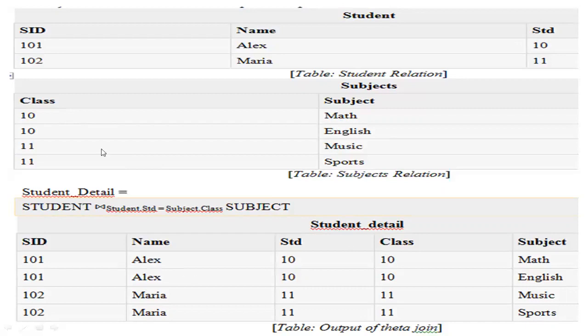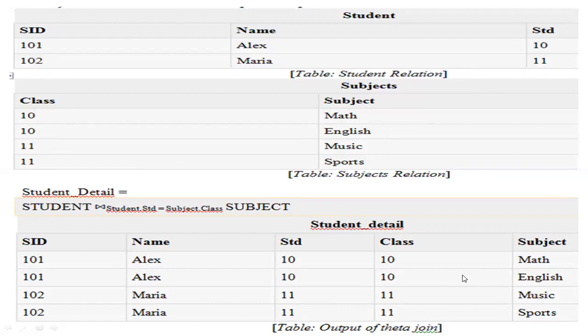Then comes the second record, 102, Maria, and then here 11, right? You are matching with this value, and there are two records in the subject relation with the same value, 11 and 11. That you are going to combine here. That is 11 and 11, 11, 11. The two options are music and sports. So this is actually the example for the EQ join.